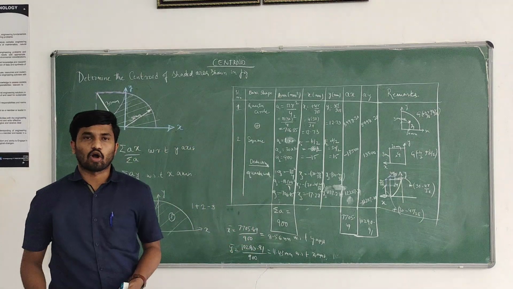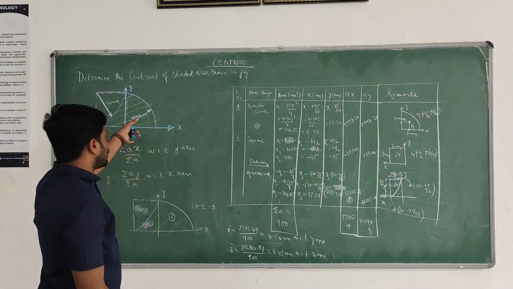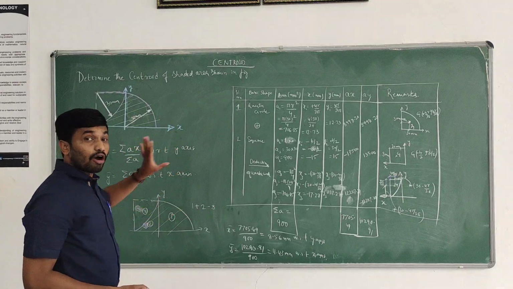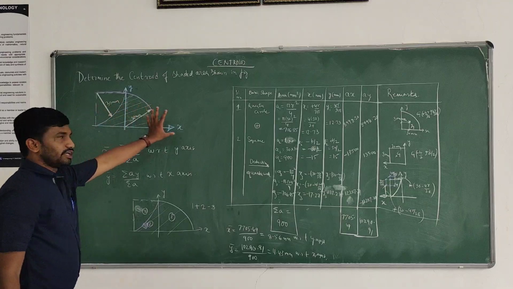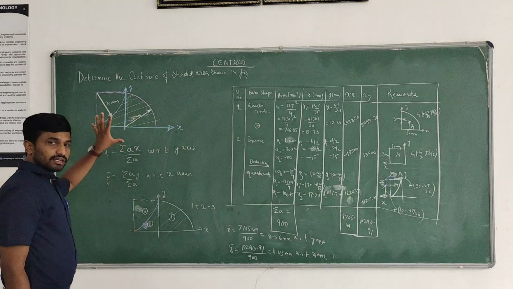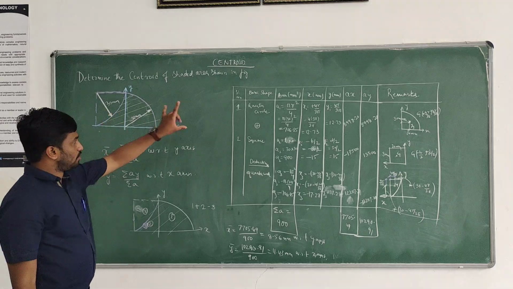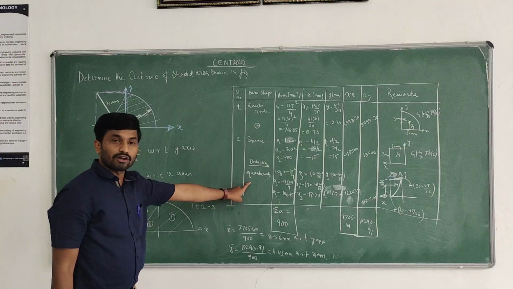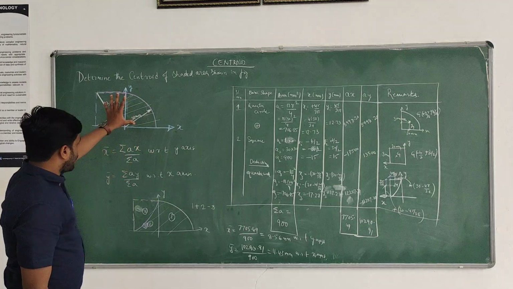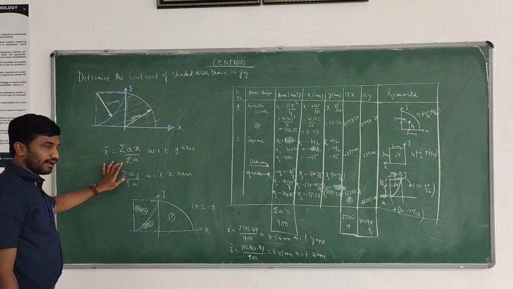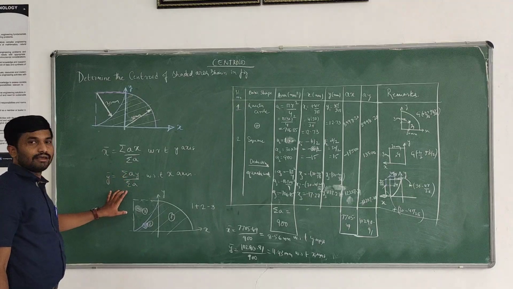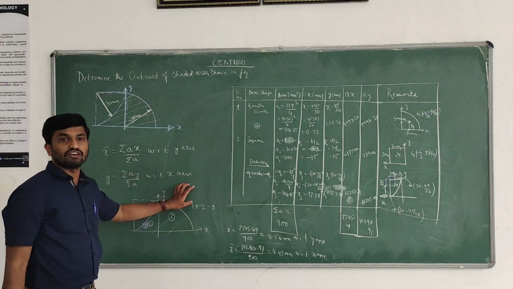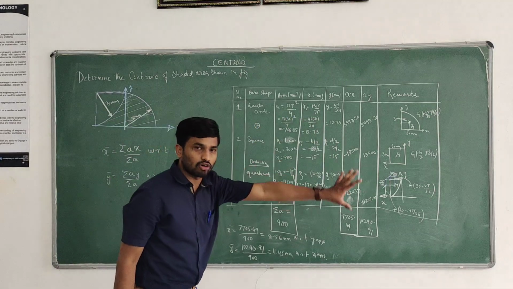This is regarding computation of the centroid of the given shaded area. This is a very important type of question. So here, first thing, we identify the basic shapes. In the given problem, there are three basic shapes: first quadrant quarter circle, second quadrant square, second quadrant quarter circle. So finally we know that x bar is sigma AX by sigma A, y bar is sigma AY by sigma A. X bar we always measure with respect to the y axis, y bar with respect to the x axis. Make a tabular column.